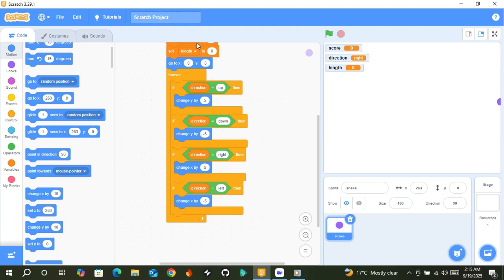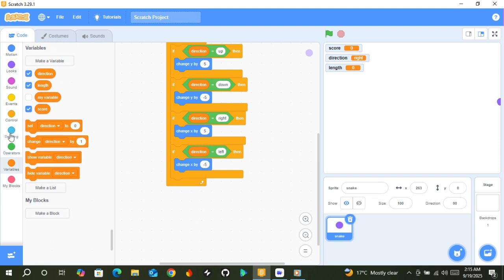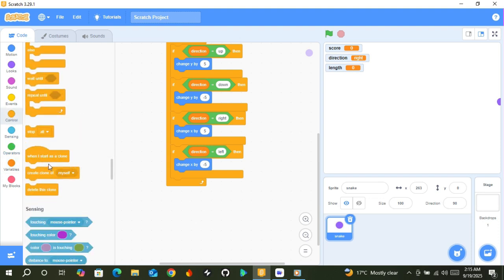So step tushamaliza hii, but before tutoke hapa nataka tufanye kitu moja so that tutoke kabisa. Kuja kwa control, then you'll drag this block written create clone of myself, drag it below this, then you'll